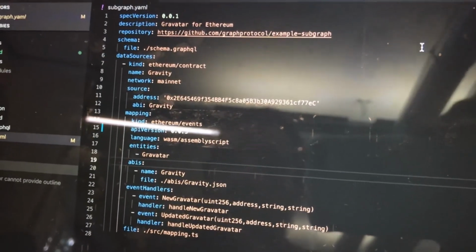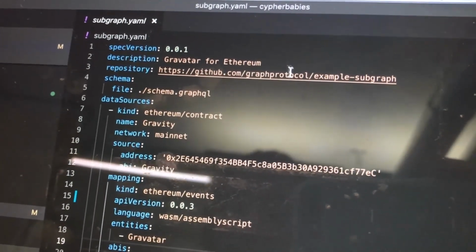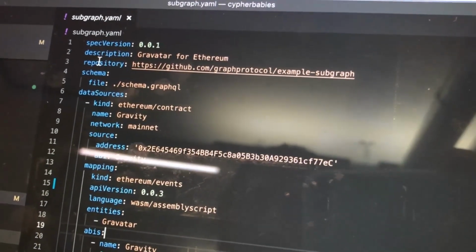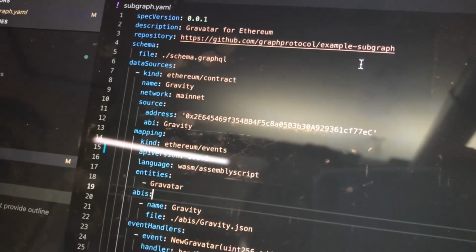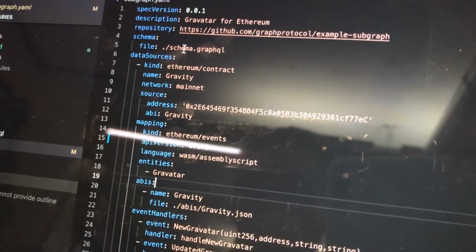The subgraph.yaml file defines what spec version we're using. So this is version 1. You have your description of your subgraph. Optionally, you can put in a repository where you will store that on GitHub. And then you're referencing all the important documents that define your subgraph, which are your GraphQL schema, your mappings, which